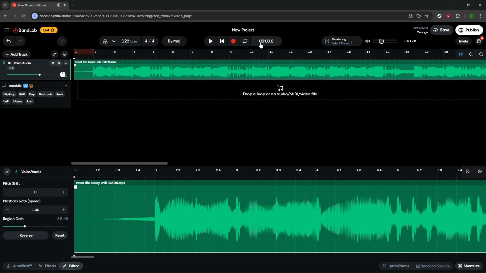When you're happy with the balance, continue playing your song to confirm the adjustment works in context, not just in solo. BandLab saves your changes automatically, so there's nothing extra you need to do here. You opened BandLab, signed in, went to your library, launched the project in Studio, selected the track, opened the editor, and adjusted region gain. With these steps, you can tame hot clips or bring quiet parts forward,